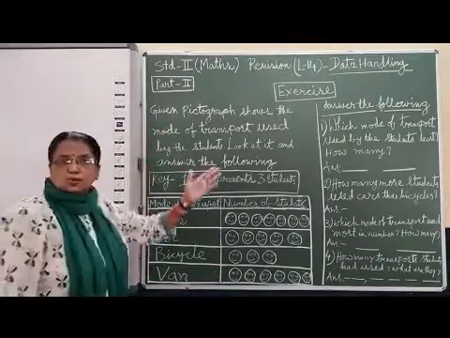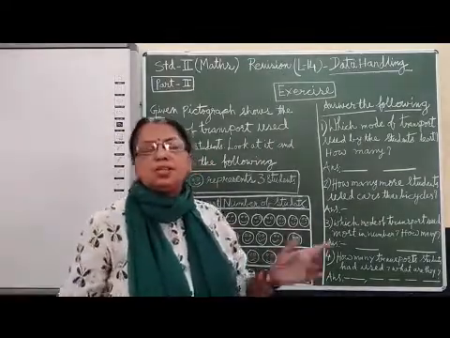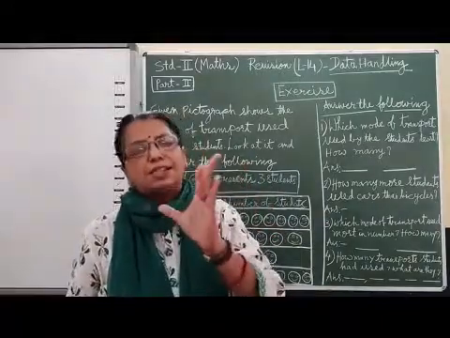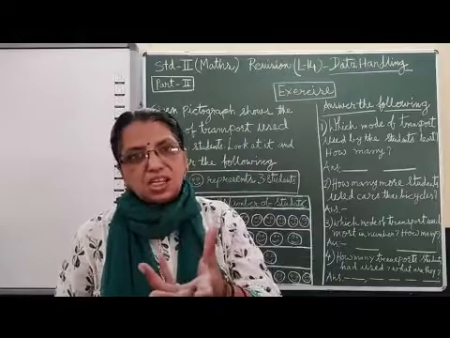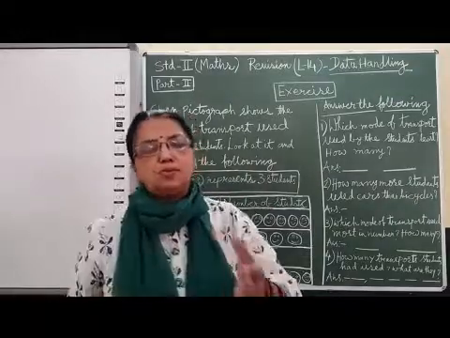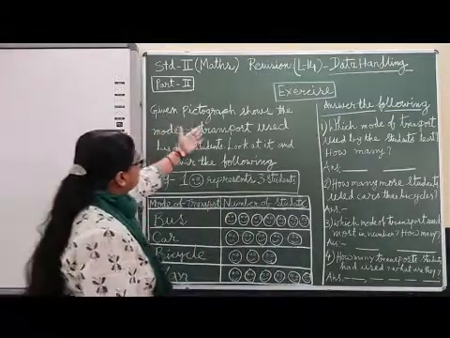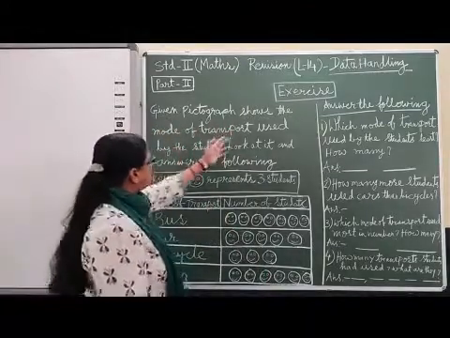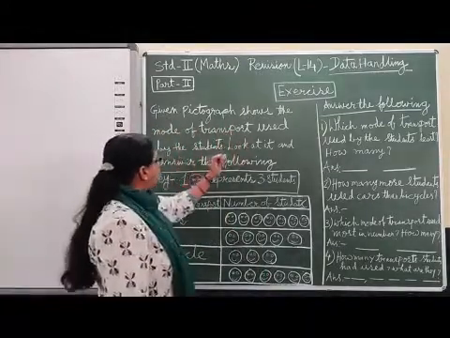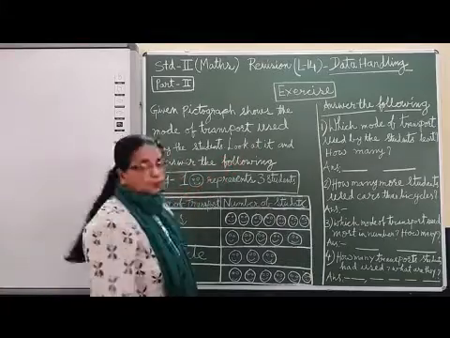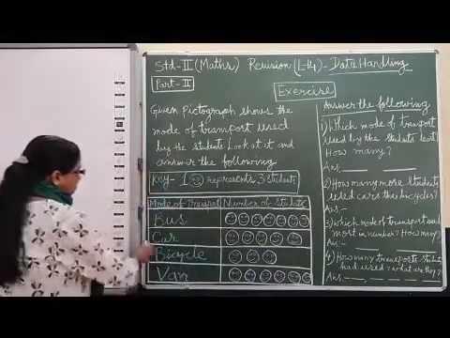A pictogram is given. As you know, a pictogram means a table where pictures, symbols, etc. are used. From that picture, with the help of clues, we find the actual number. The given pictogram shows the mode of transport used by students. Look at it and answer the following. First, we will see what is given.